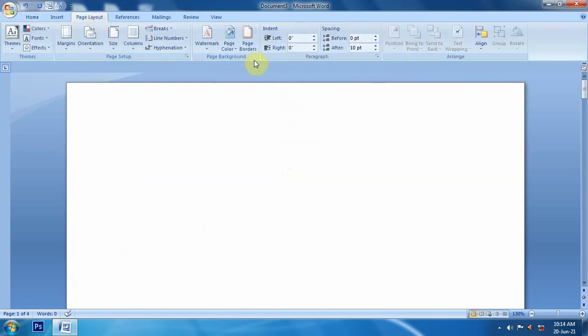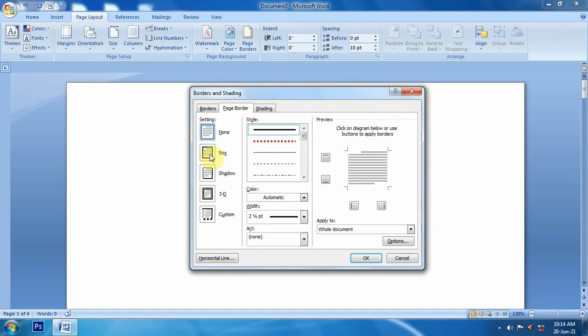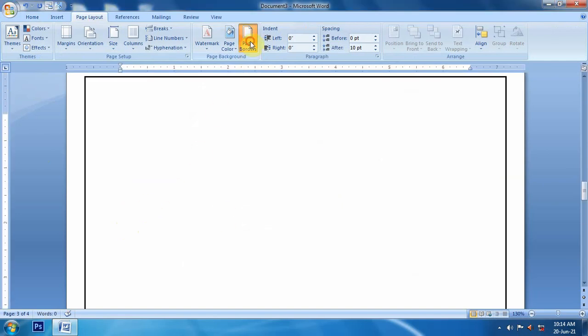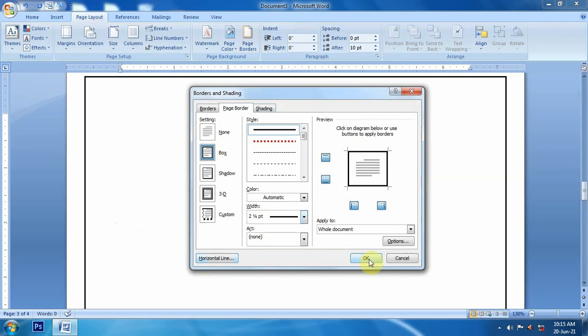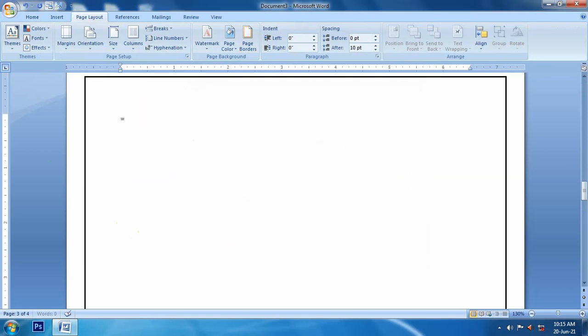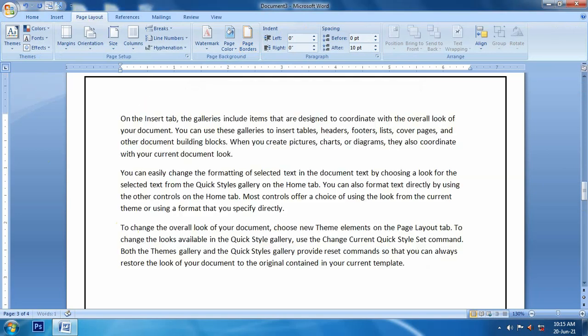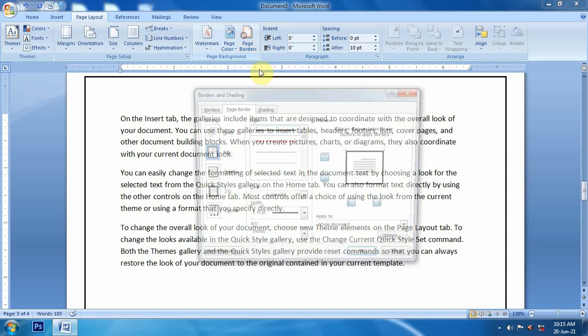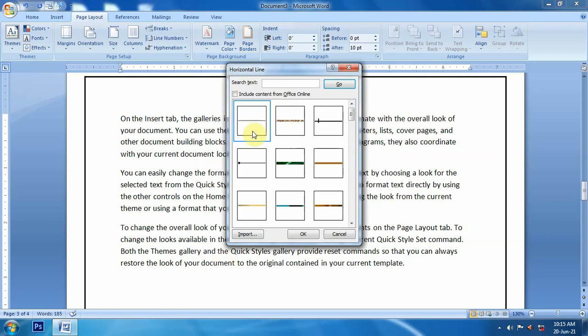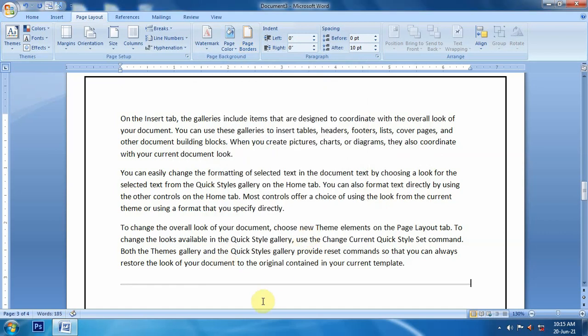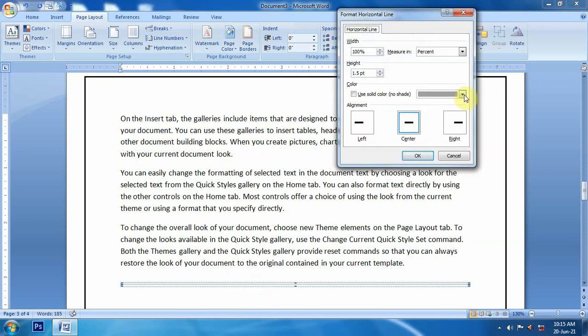Now one thing is this, if we apply a page border like this and we also want to apply a horizontal line, like here is some text. After this text I want to apply a horizontal line, I will click on it, horizontal line, and we can select a horizontal line like this. We can do some formatting with this also. I will double click on it. I can change its color like this.